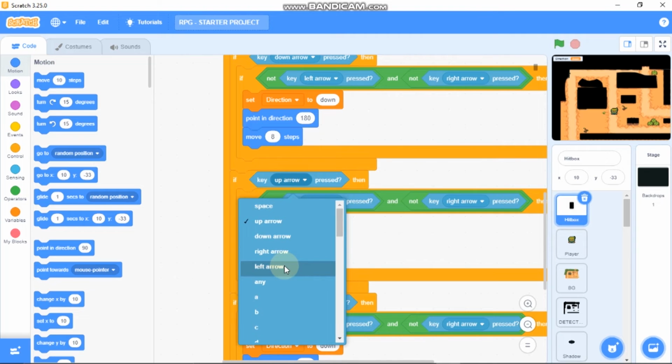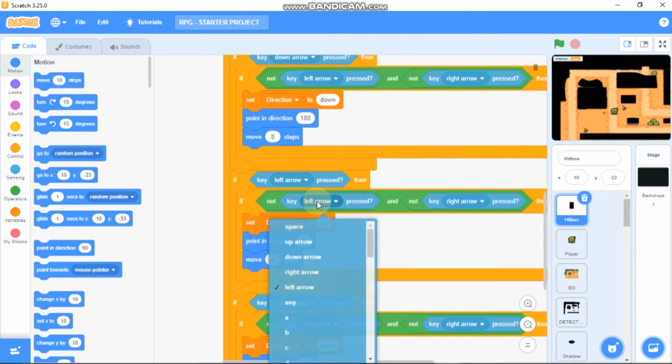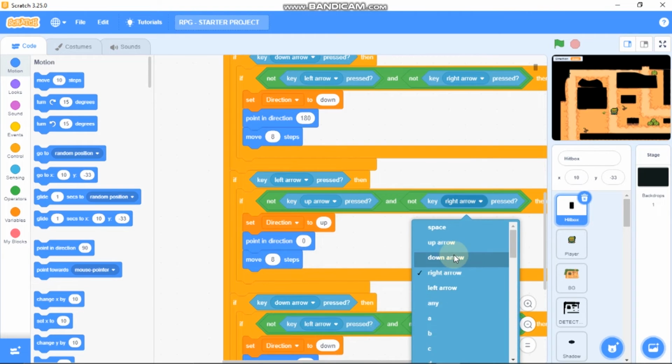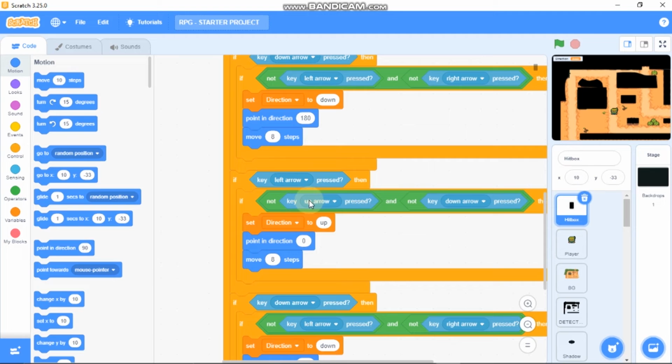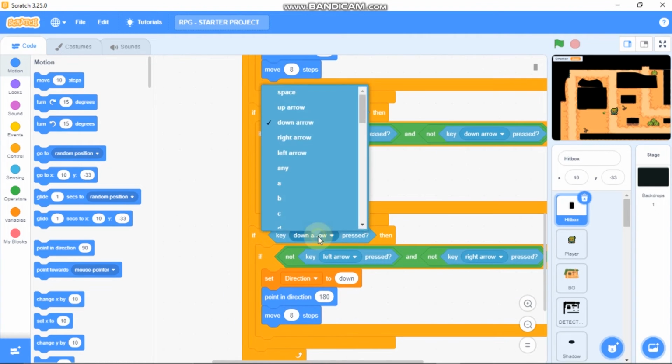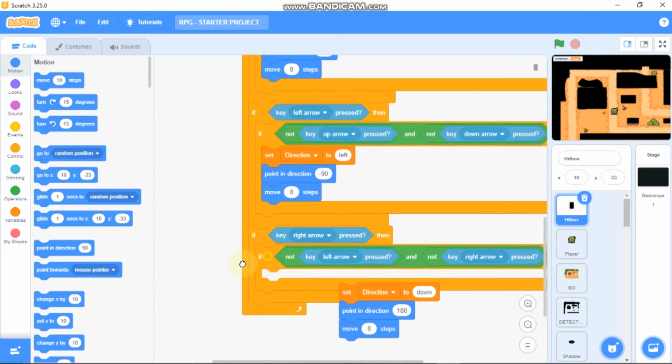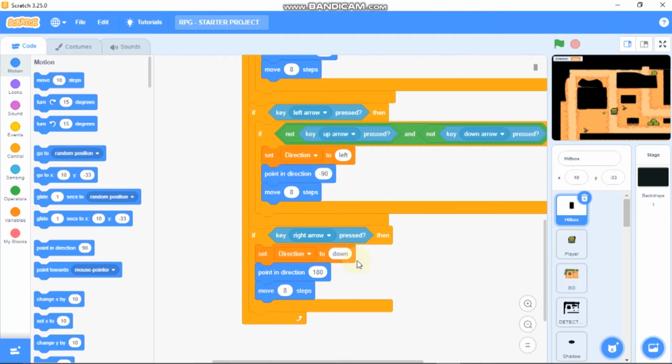If key left arrow pressed and not up arrow and down arrow pressed, then we need to set our direction to left, point in direction -90 and move 8 steps. Change this to right arrow and remove this if statement. We need to set direction to right, point in direction 90 degrees.